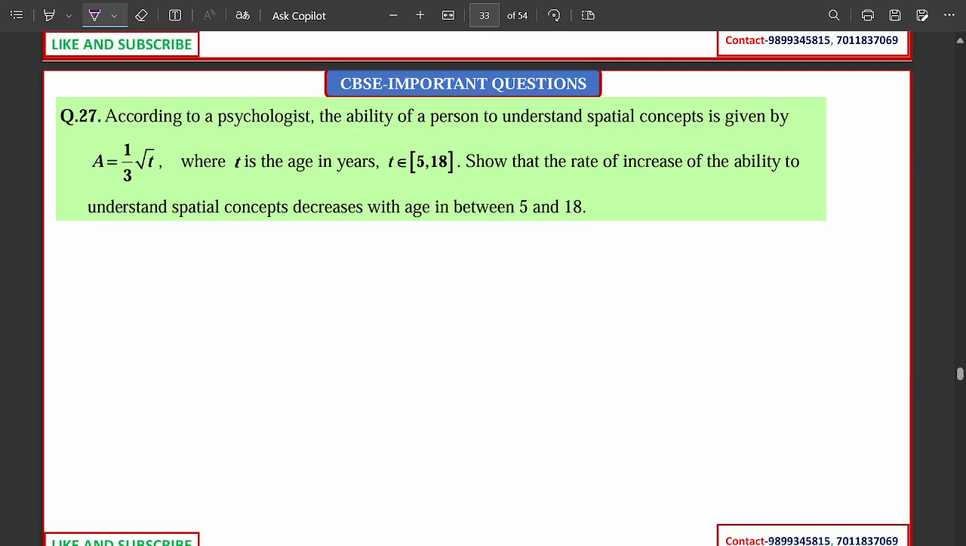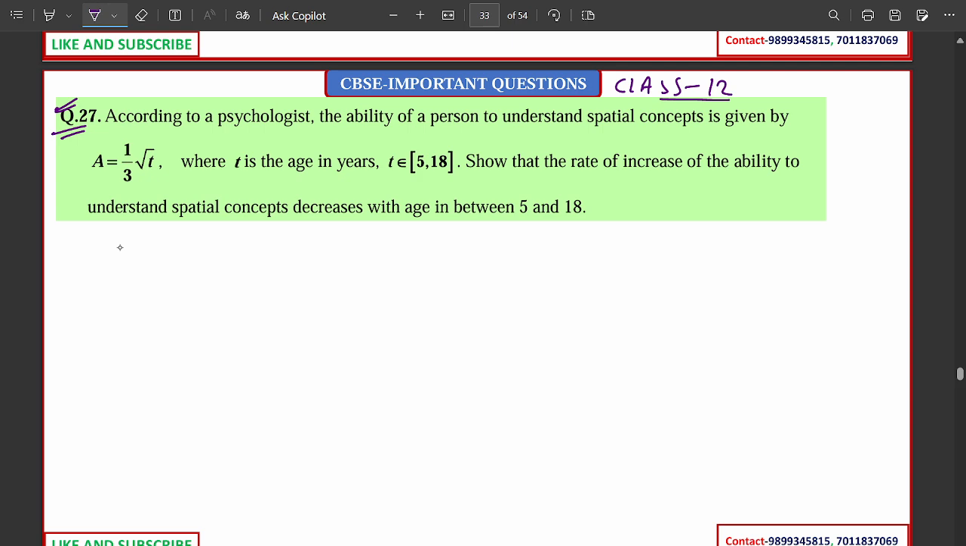Hello everyone. Today we are going to discuss question number 27 of the CBSE important questions for class 12. This question is important from the exam point of view. So let us discuss: according to the psychologists,